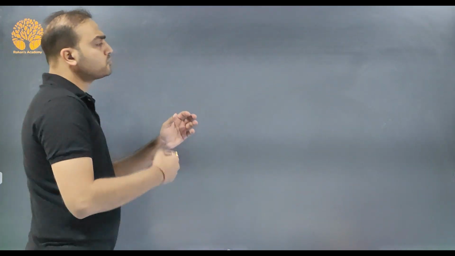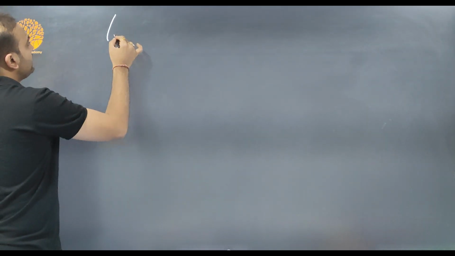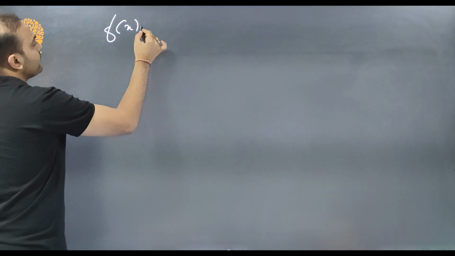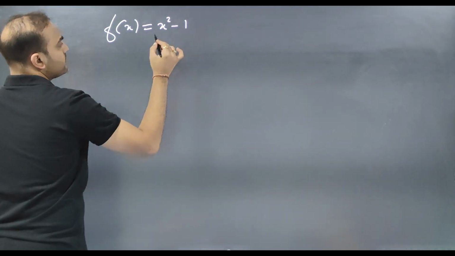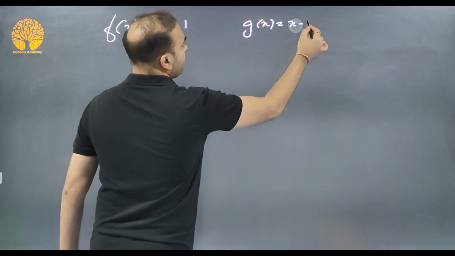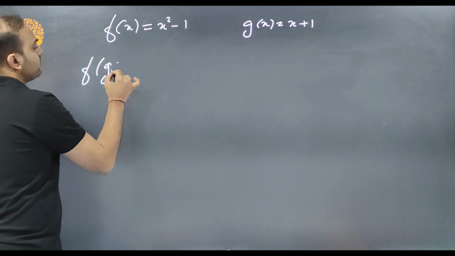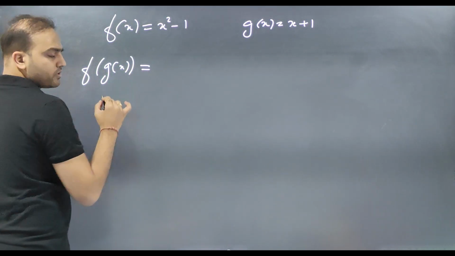Now let's solve the same functions, but a little bit more theoretically. Again, the method won't change, we will plug in, but instead of putting numbers, we are just keeping it at variables. So say same function f of x is x square minus 1, g of x is x plus 1. Now if we want f of g of x,